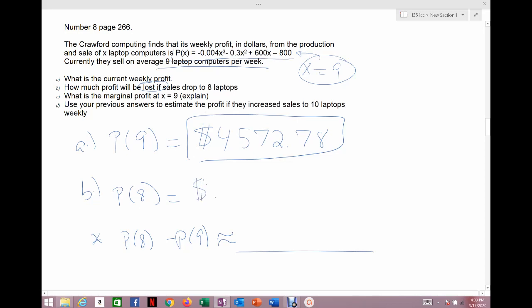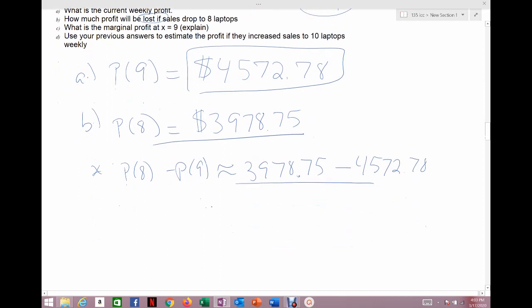So if they only sell 8 laptops, they're going to make $3,978.75, so it is less. And so to figure out how much less, you take those two numbers and subtract them. So you're going to take your 3978.75, subtract the 4572.78, and the difference comes out to be